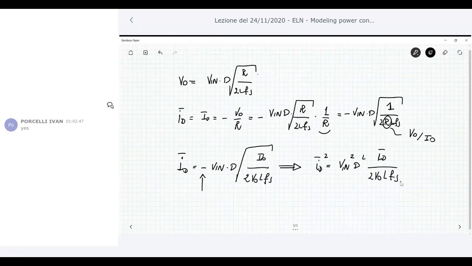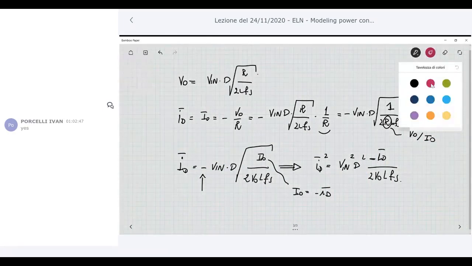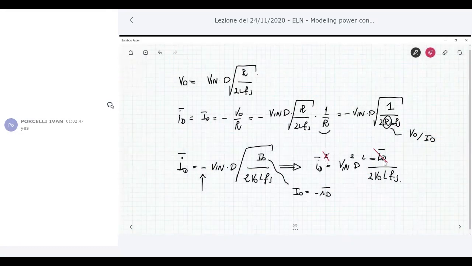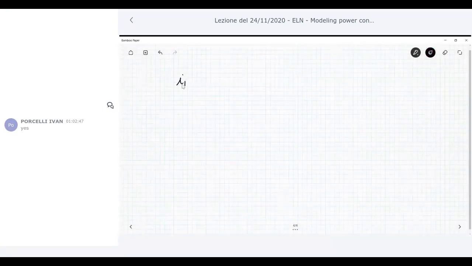Okay, and if you take the correct sign, I naught is minus ID average value. So I can have here the negative sign. So finally I have this expression here. This expression can be simplified in this way. And so finally we get this quantity, average value of the current flowing through the diode, and this quantity, I